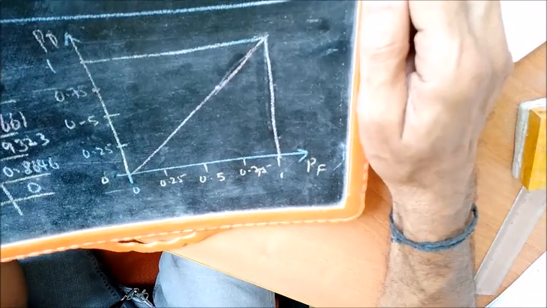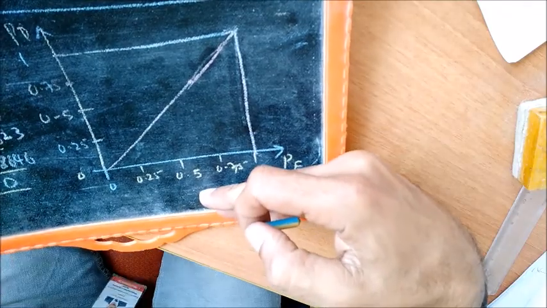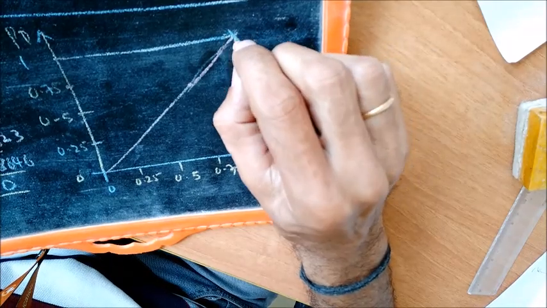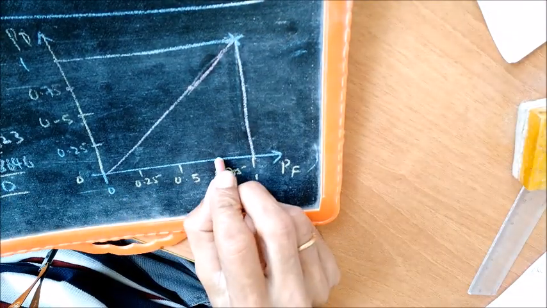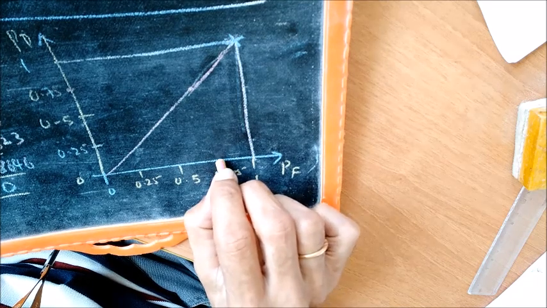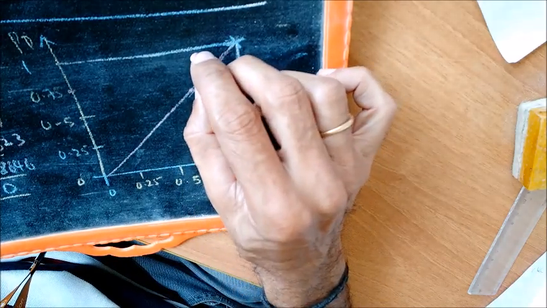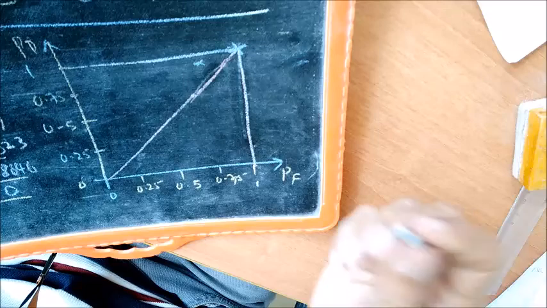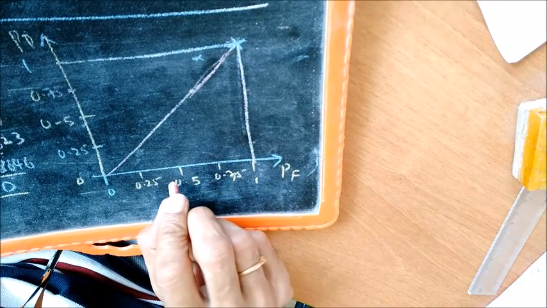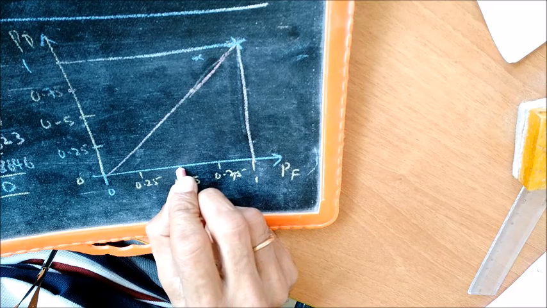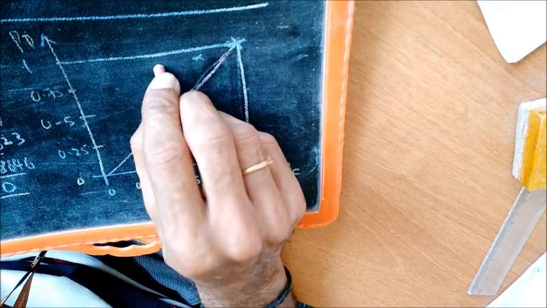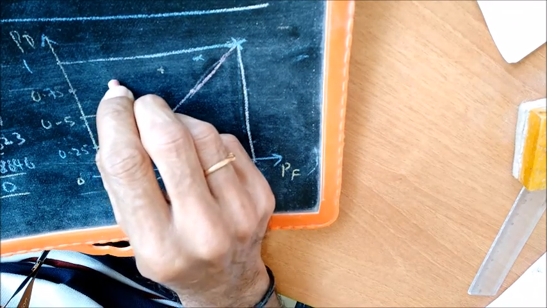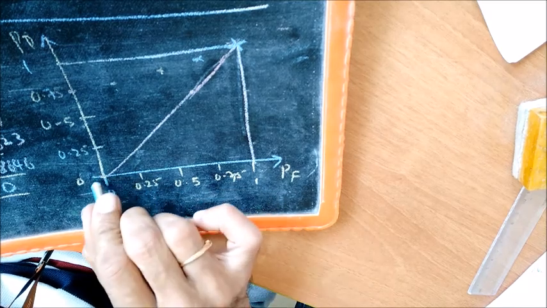We know why it is so. We have discussed that in the theory. And the first point, PF is equal to 1, PD is equal to 1. This is the first point. Next, PF is 0.75, PD is 0.966. Probably somewhere here. You can straight away see that it's starting to lie above the PD equal to PF line. PF is 0.5 and PD is 0.9323. Again somewhere here, it's a very rough sketch. For 0.25 it is 0.8646, and then you have a 0 for 0.